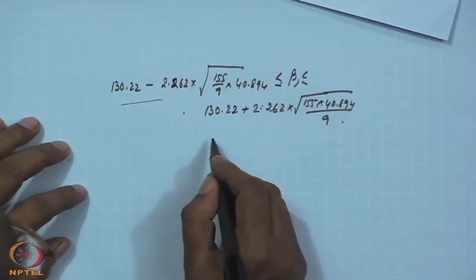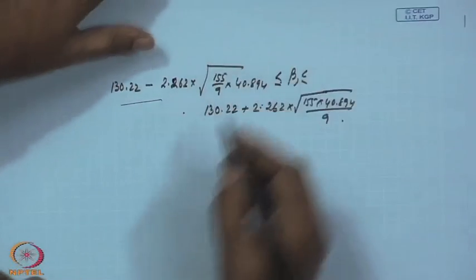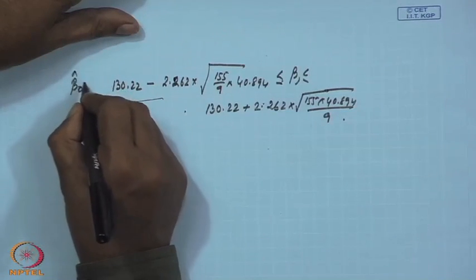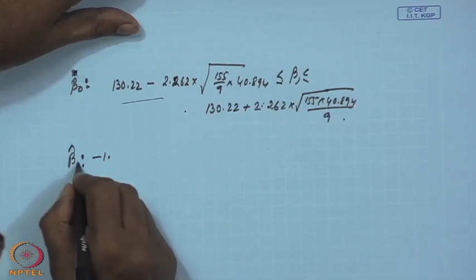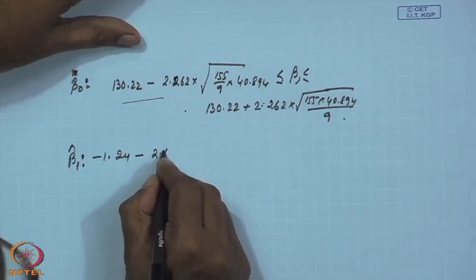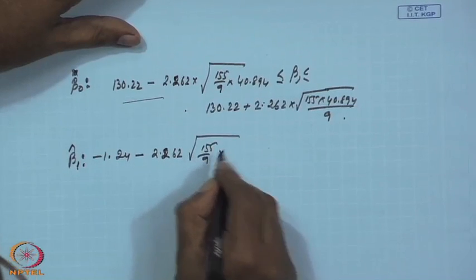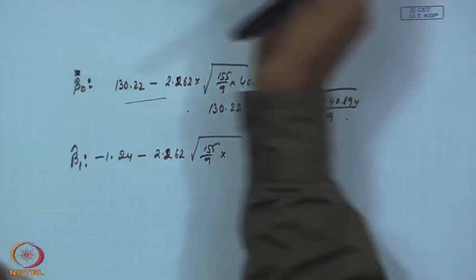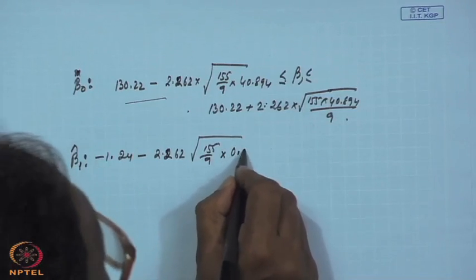Similarly, if you want to use it for the second coefficient beta 1, this is for beta 0 cap, and this is for the beta 1 confidence interval: minus 1.24 minus 2.262 square root of 155 by 9 into C11. Now, what is the C11 value? C11 value is 0.012,